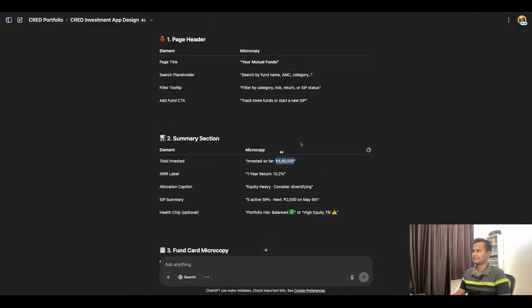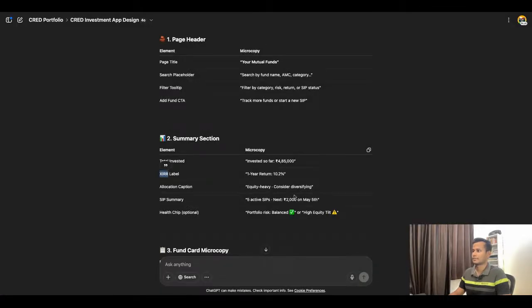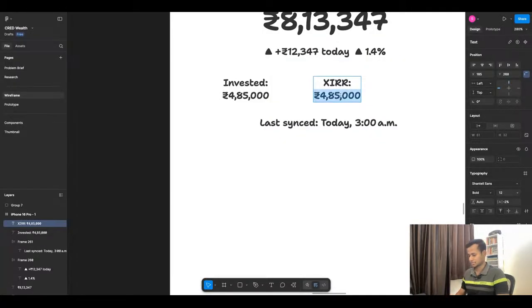Then we have 1 year return. No, this is the XIRR label, total invested. This is XIRR. I know it is on the top, it should be on the bottom, but this is a wireframe, so we can avoid that right now. XIRR is, let's say, 10%. Okay, so this is 10.5% XIRR. Then the next is